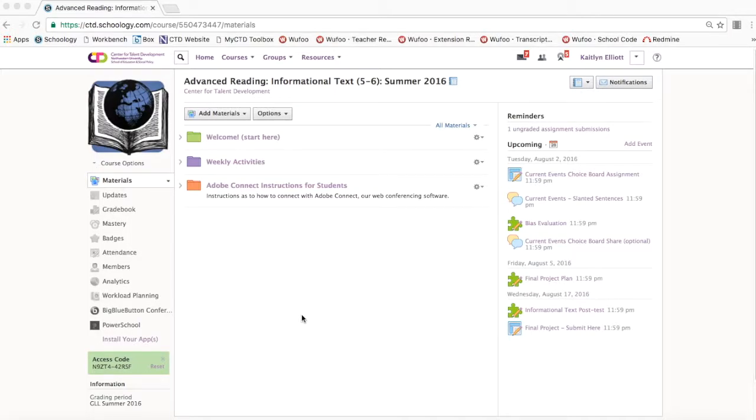In order to set up a meeting through BigBlueButton, all you have to do is access your course in Schoology. Once you are in the course for which you are setting up the meeting, you will go to the left-hand side of your course in those different options, and you will go down to the BigBlueButton Conference tab, and you will click the tab,